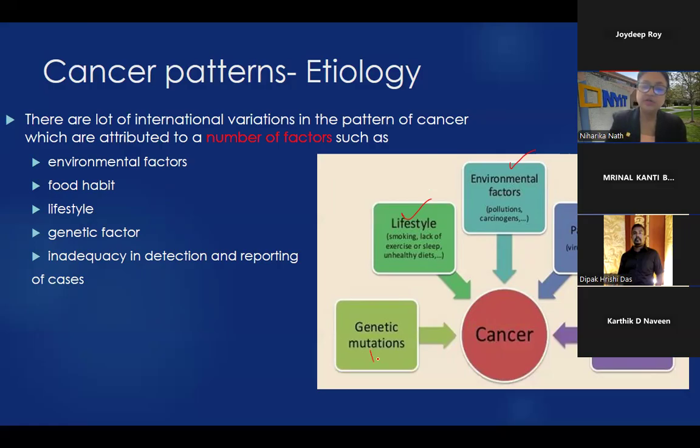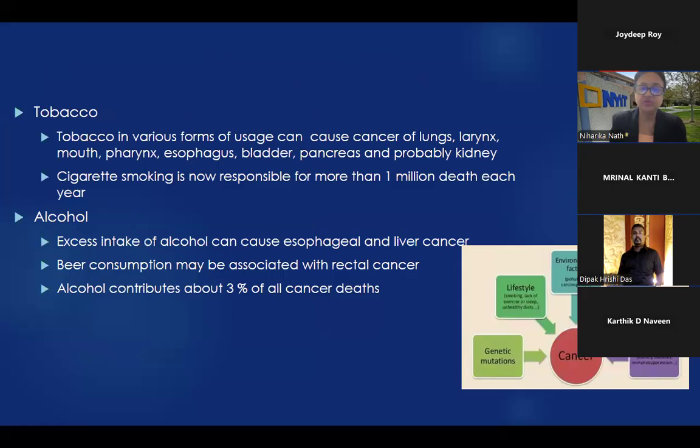You can inherit genetic mutations. Women who have BRCA1 mutations will pass it on. Some viruses and some flukes, schistosoma fluke, can also cause cancer. The virus is the HPV virus that causes cervical cancer. And there are certain associated diseases. So let's just go through these in 2, 3 minutes, and we're done. Tobacco, we already said that, right? Excess alcohol can damage your liver and it can cause this also.